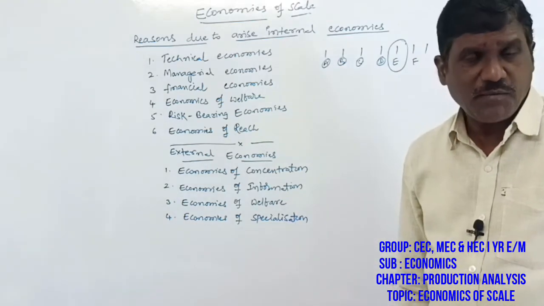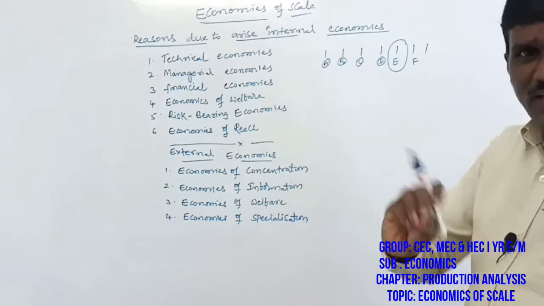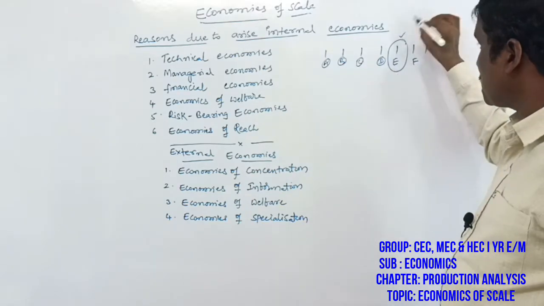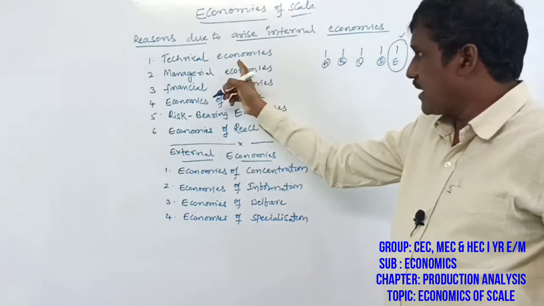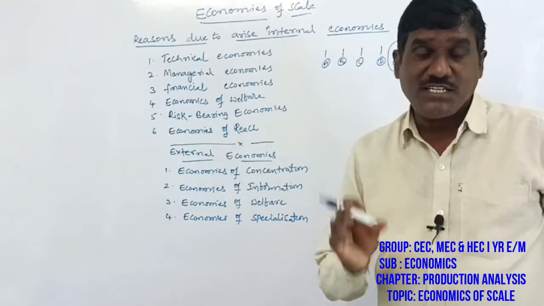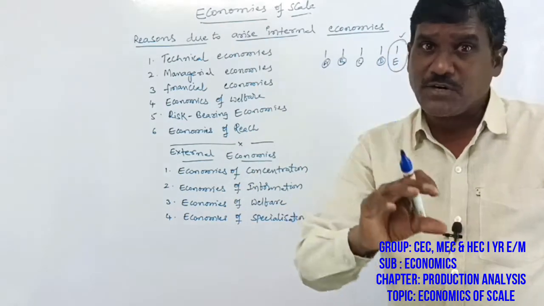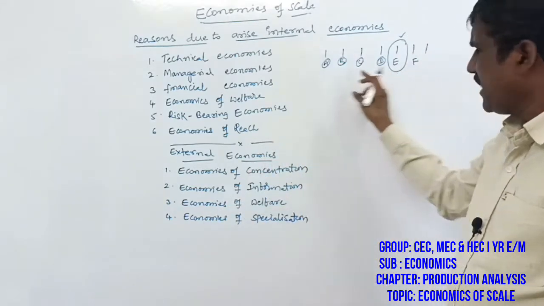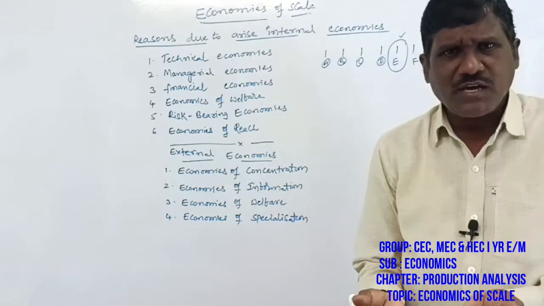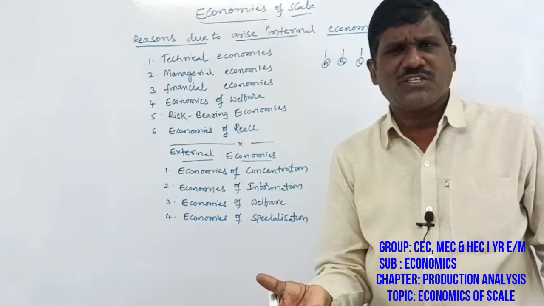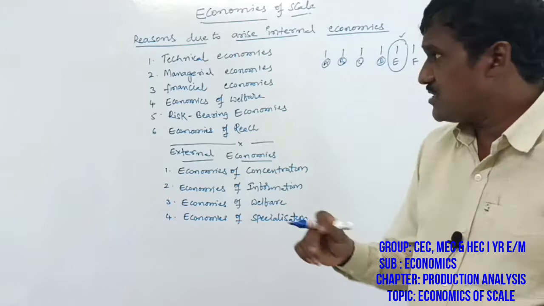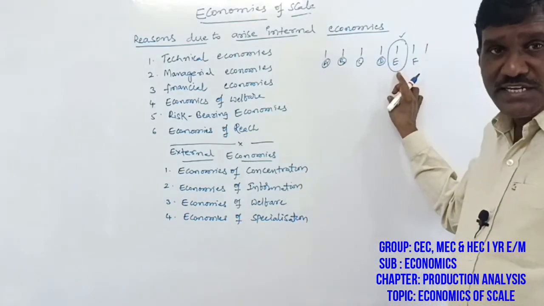Only the E firm is getting more profits. Why, sir? What are the reasons behind the internal economies of the E firm? Technical economies. The E firm has introduced technology in the process of production, so the firm gets more profits than the remaining. The remaining firms have not introduced technology in production, so they are not getting proper productivity, but the E firm is getting more